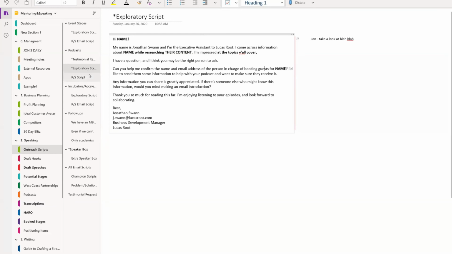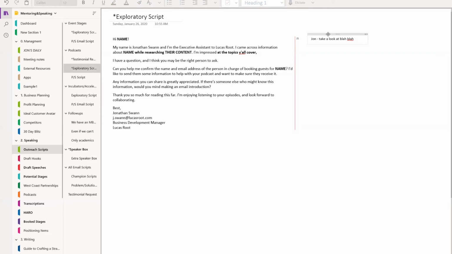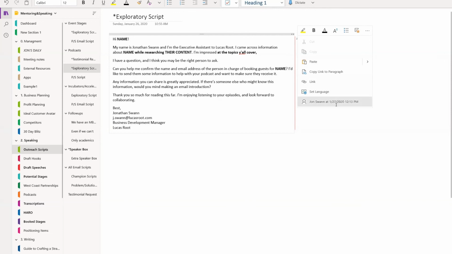And now this tab will be bolded for him. So the next time he logs in and takes a look, he'll see first outreach scripts has a bold, and he'll click into outreach scripts and look down here and be like, oh, look, exploratory script has a bold. And then he'll see this note from me and it'll show when that note was updated.